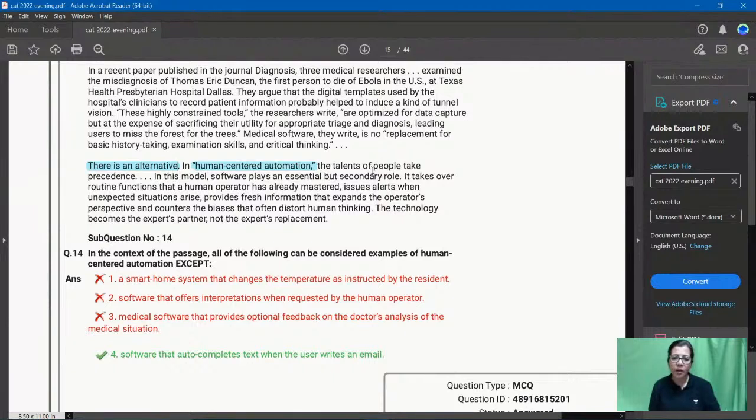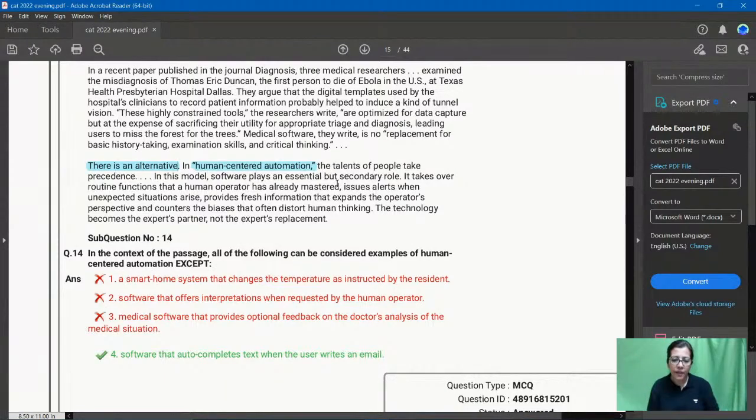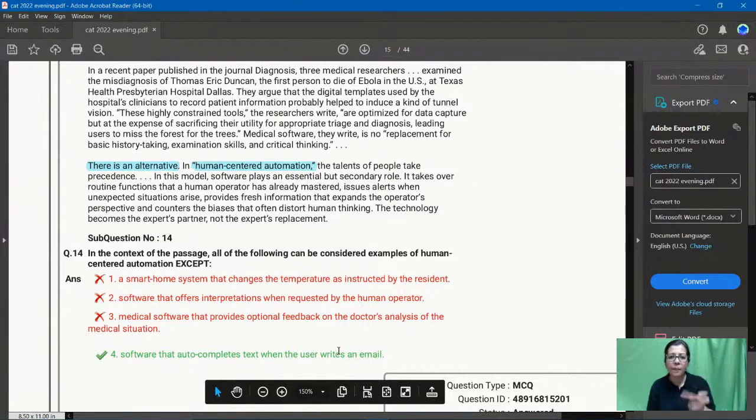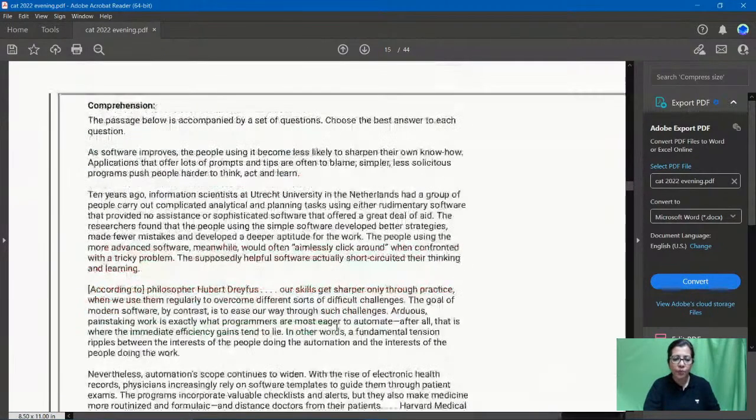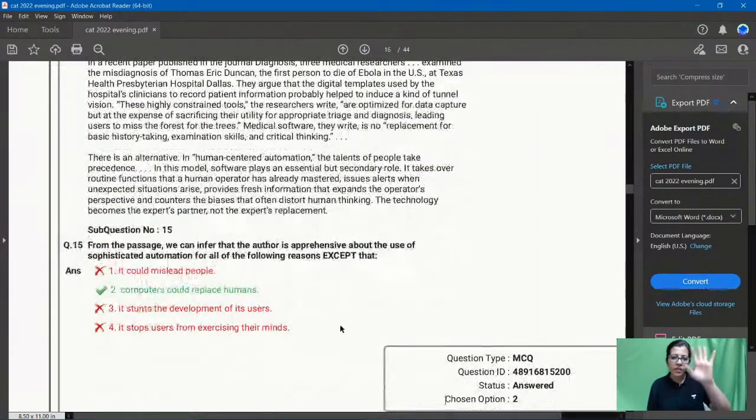So इसमें human centered automation इसमें बोला है कि people can be the central zones, they can be the controlling factor. Robots को रखो, but let the reins be in the hands of humans. And if we check the options, 1 to 3 में humans are controlling, बाकी bots काम कर रहे हैं. So this is human centered automation as the name suggests. And option 4 is vague. उसमें कोई वो नहीं दिखा रहा आपको कि human control कर रहा है. That's why that's the answer. आपसे accept पूछा है. So super duper easy question. Fine. And then 15. अभी तक इसके दोनों अच्छे थे.